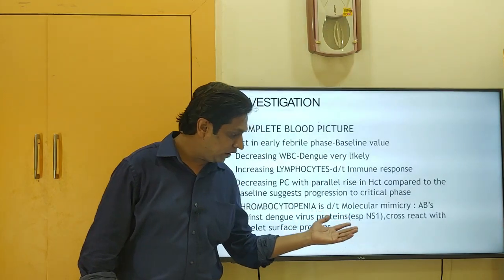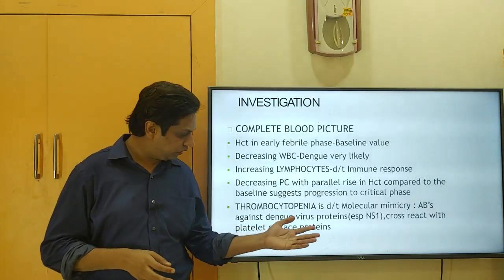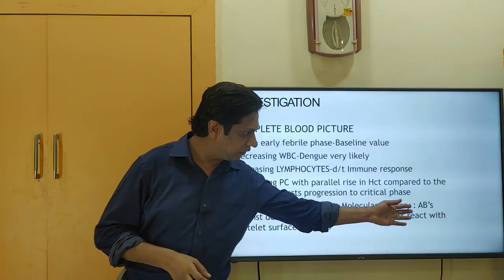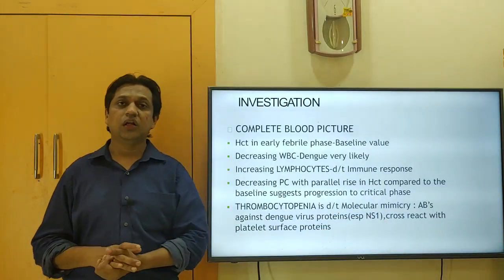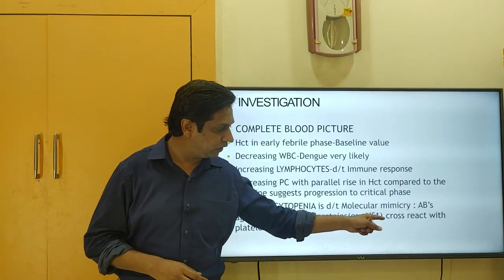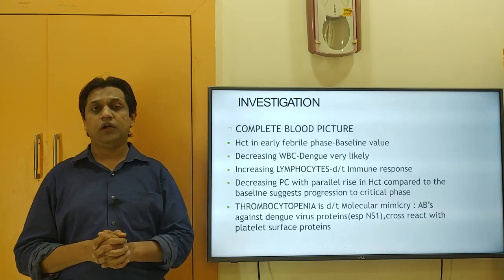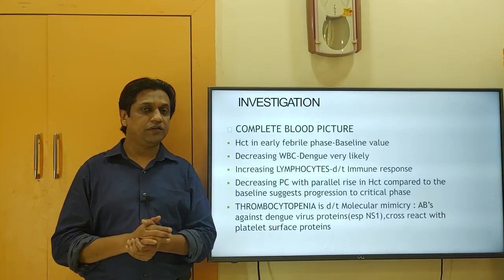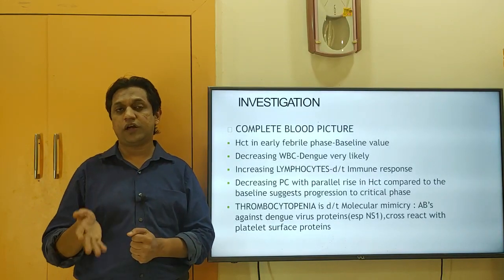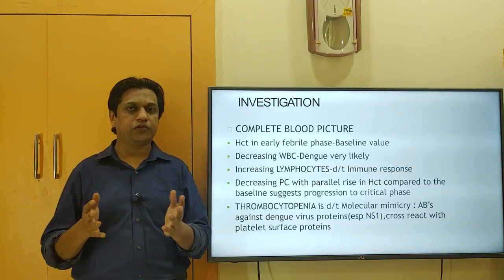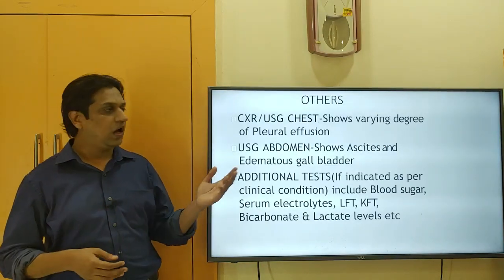Now one question arises, why there will be decreased platelet count? So there are many such reasons. One of the reasons is because of the molecular mimicry, that is the antibodies against this dengue virus protein, especially the non-structural protein 1, will cross-react with the platelet surface proteins and there is destruction of the platelets. Again, one more reason could be this dengue antigens or even the immune response antibodies will destroy the bone marrow cells. Okay, so the production of, in general, all the cells will be reduced, so then the platelet count will be less.